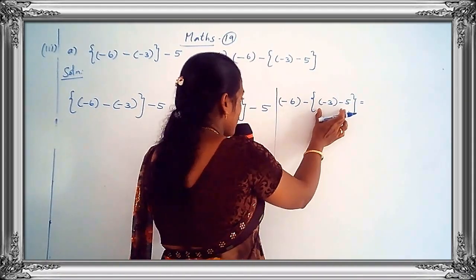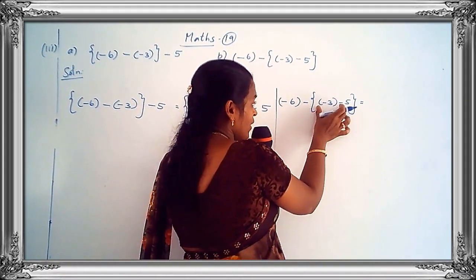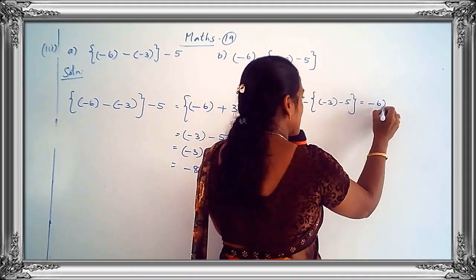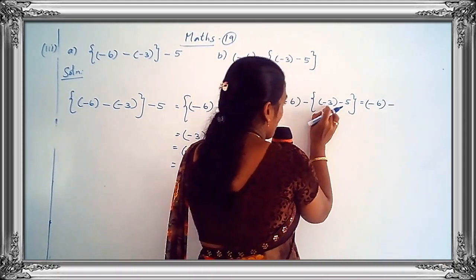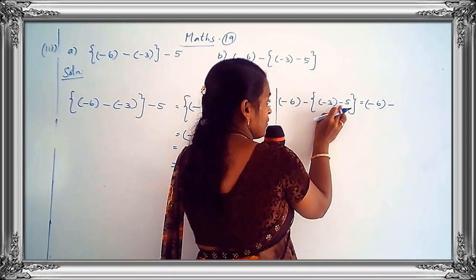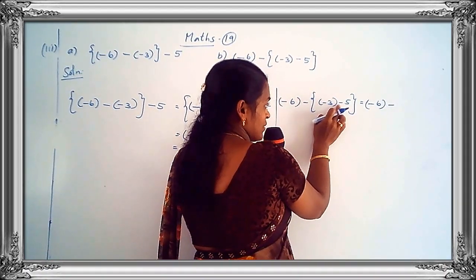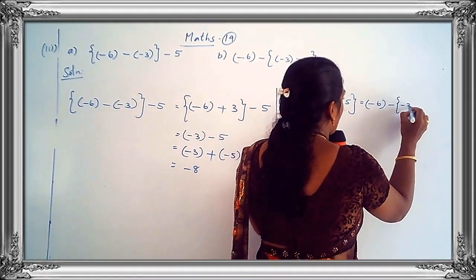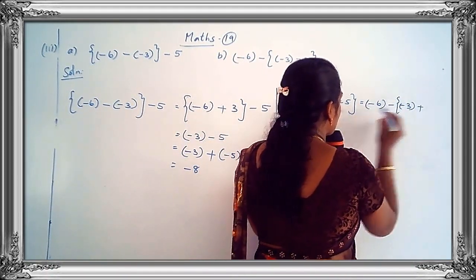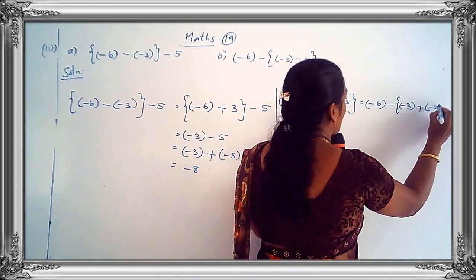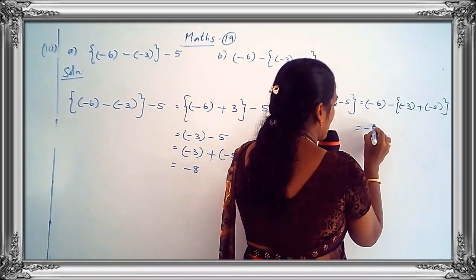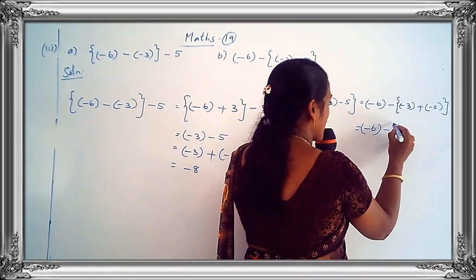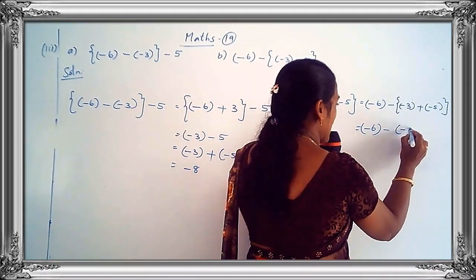Okay, so first of all we have to find the value of this inside the bracket. Okay, children, so minus 6 minus 3 minus 5. So here subtraction. Yes, children, so minus 3, minus sign into plus, that time you put the additive inverse, so minus 5. So minus 6 minus 3 minus 5. How much is your answer? Minus 8.